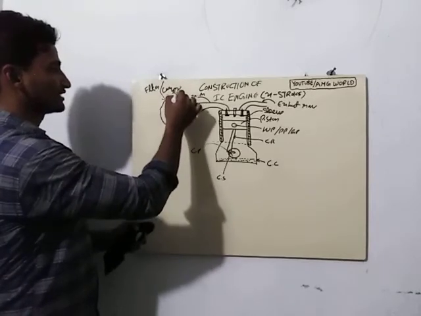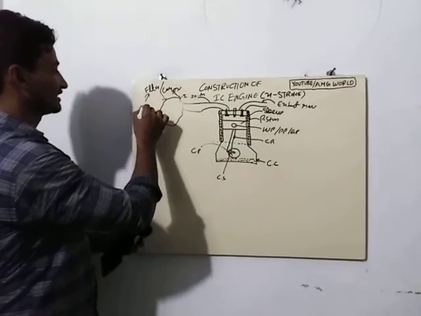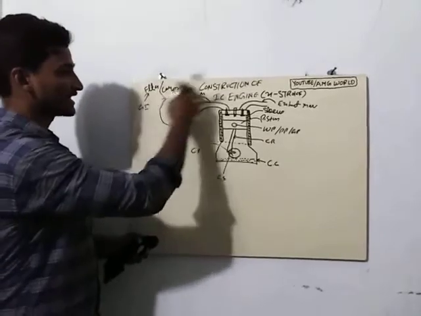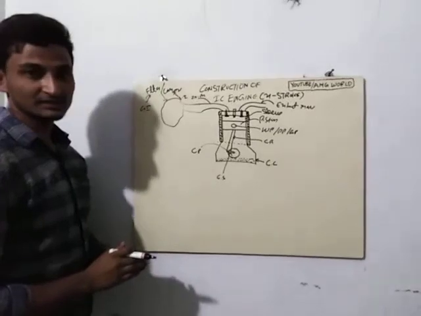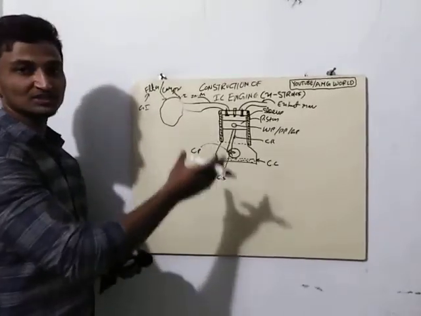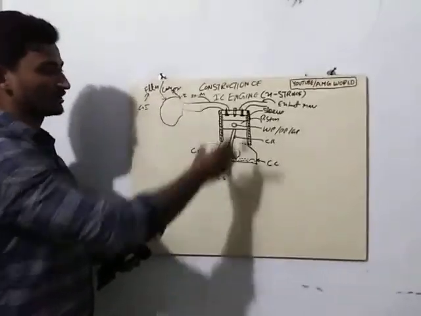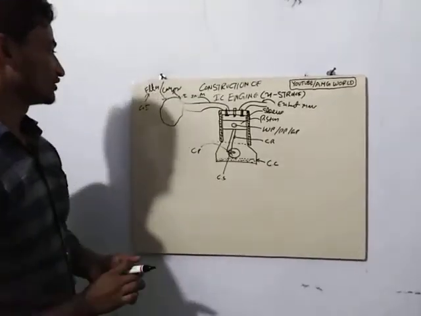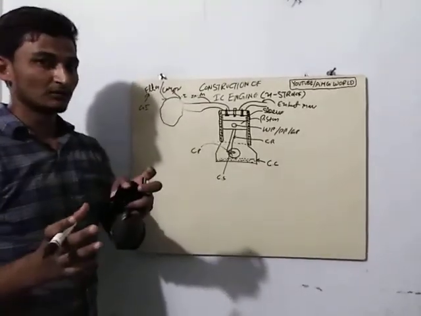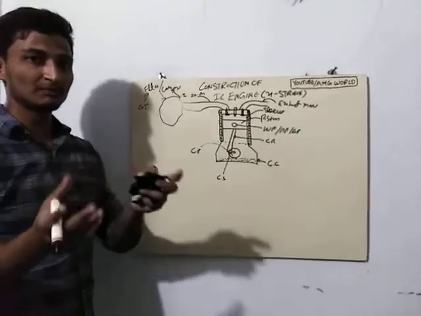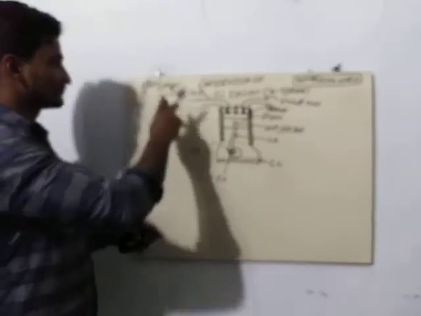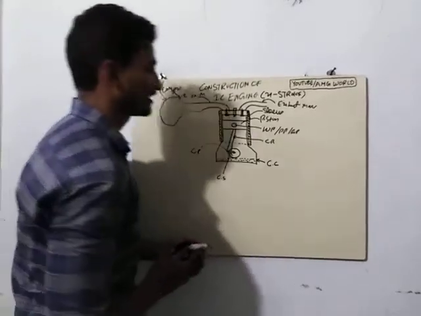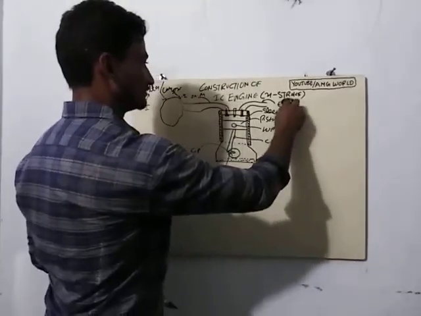We use a carburetor in an SI engine and a filter in a CI engine, because the CI engine sucks only air directly into the engine cylinder during the suction stroke, but in an SI engine during the suction stroke it sucks an air-fuel mixture through the carburetor, because air and fuel become a mixture by combining in this device which we call a carburetor. So here the carburetor comes, and if I take this one as the exhaust manifold,